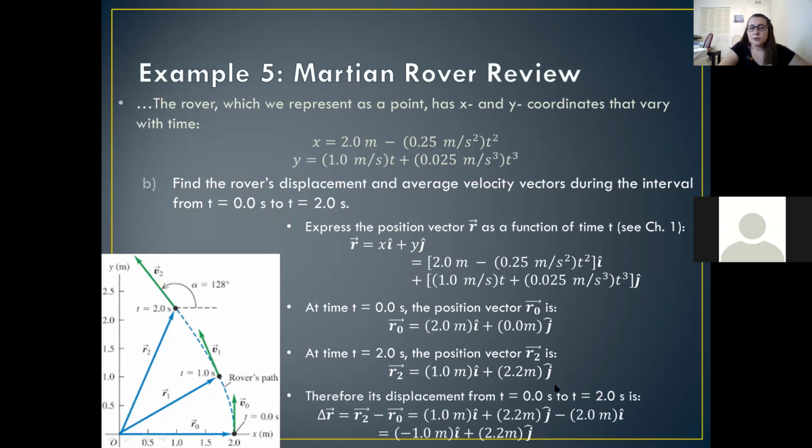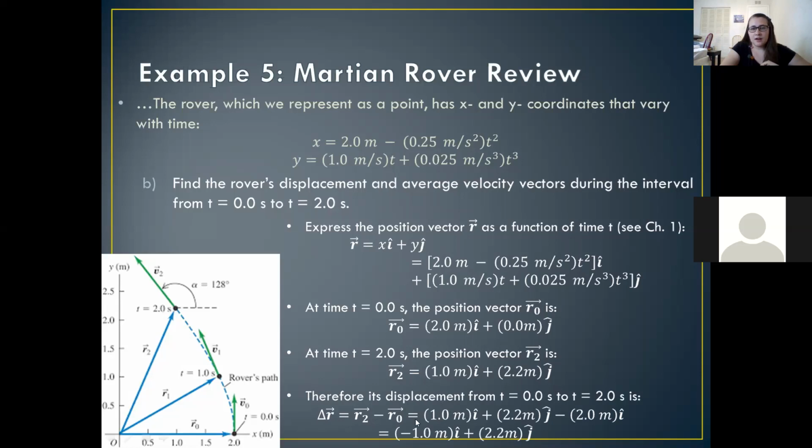Our displacement from time equals 0 to time equals 2, we have to consider both our starting point and our ending point together, because remember, displacement is the straight line distance between those 2 points, or that change in those positions. So we're going to take r2 minus r0,